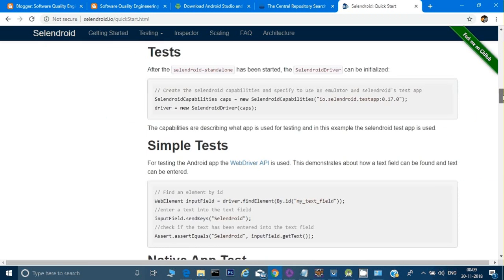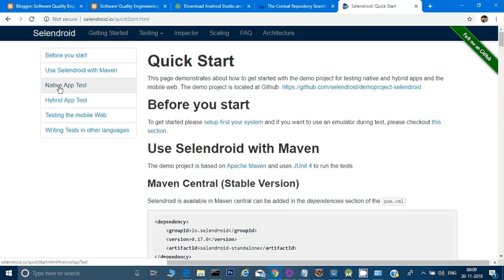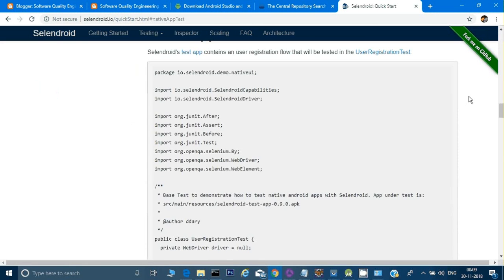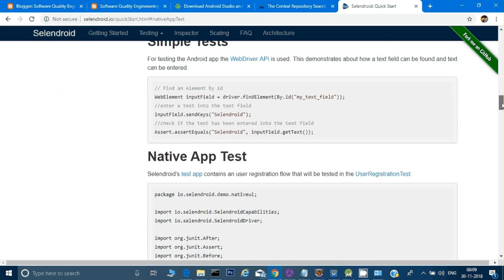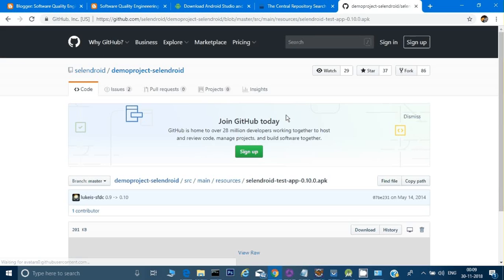I'm just searching for the sample native app test. Okay, let's go here. Cell Android test app. See, here's the link. You have to click on this link, Cell Android test app. This is the path of that. You have to click on this link and start downloading the APK for you. So this is the APK which we'll use and which will help us to do our